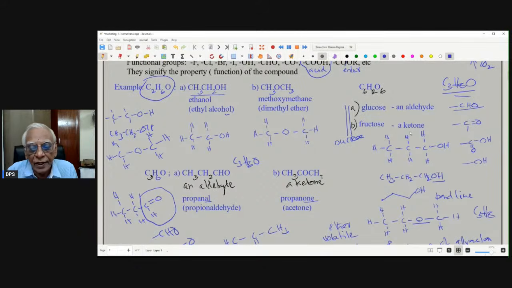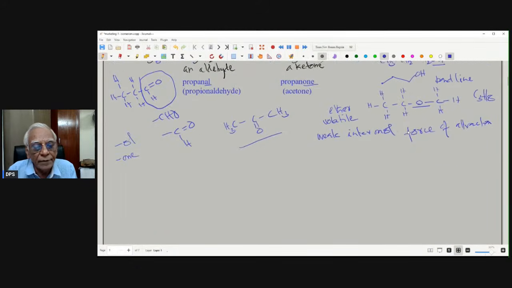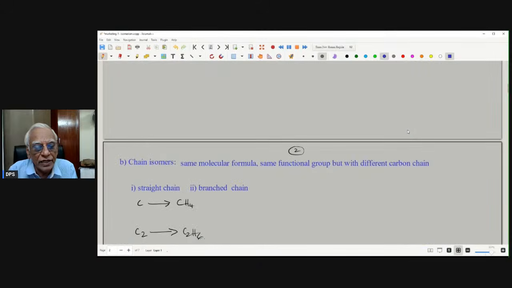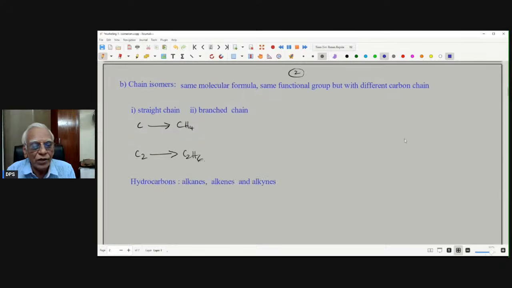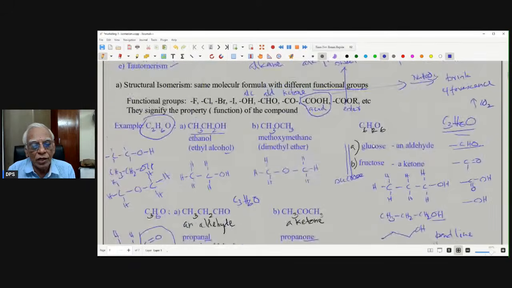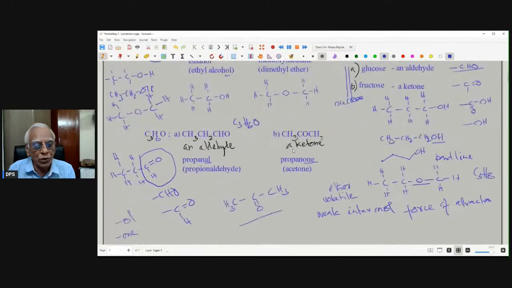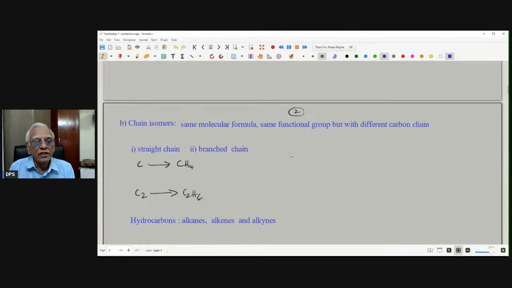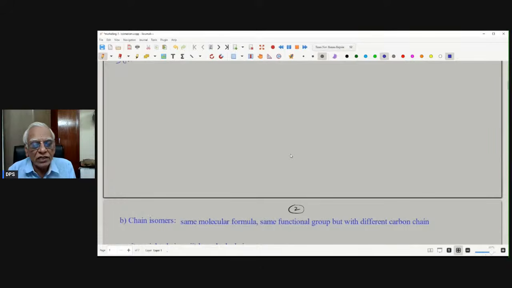I shall give examples for the JEE Main examination, whether this is going to be asked in NEET examination, whether this is going to be asked in NCERT also. So the above questions can also be asked, important questions in the NCERT textbook. Is that clear to you? So anything which has the same molecular formula with a different functional group is an isomer. For example, let us not be worried about the